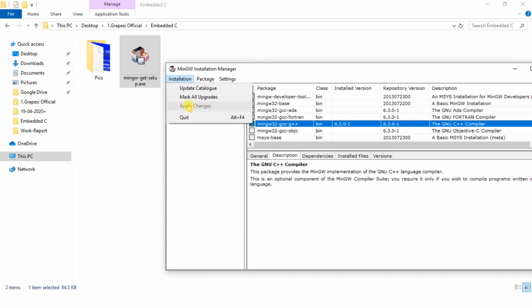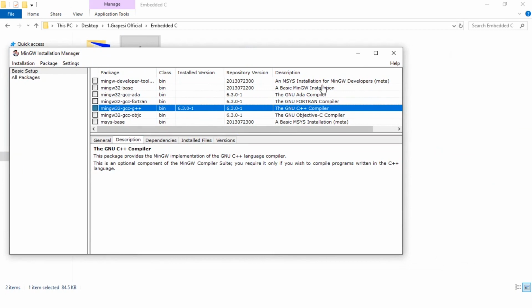When you click it, the installation process will start. It will also take some time, so you have to wait. When the installation process completes, the Close button will come. Then you click on Close, and your GCC compiler is installed successfully. We can say the MinGW software is installed completely on your Windows machine.